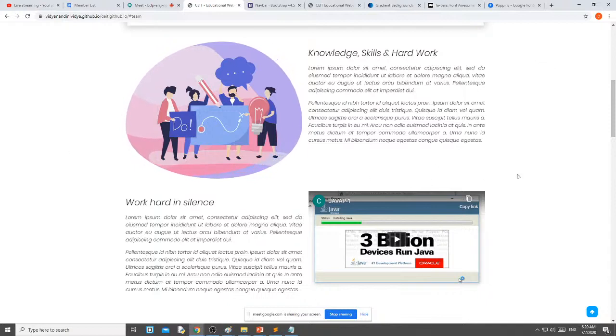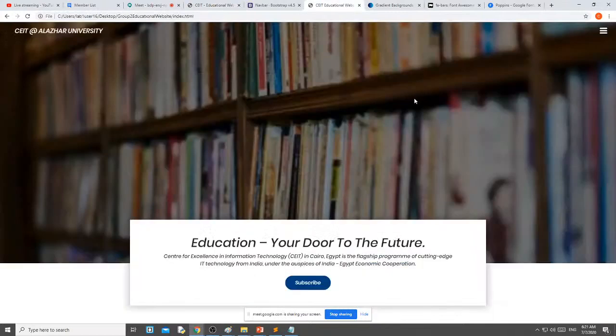Because here you can see that I have divided one section into 2 rows and 4 columns. How we can do that we will see, and how we will get this type of animation, and how we can embed the video in the web page, we will see that. Okay, for today this is enough, we have completed this part.